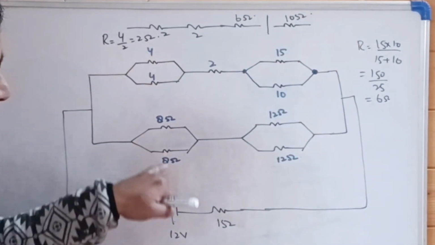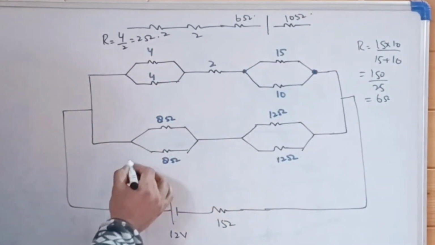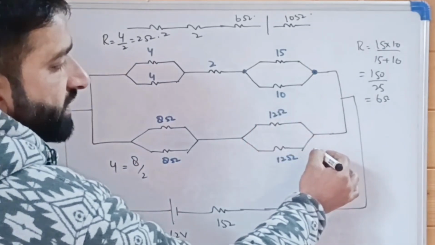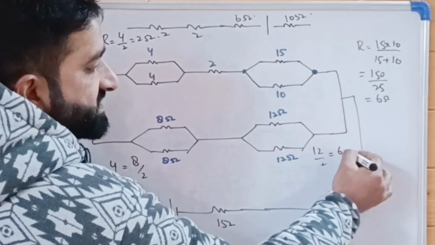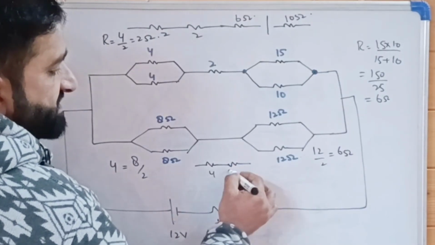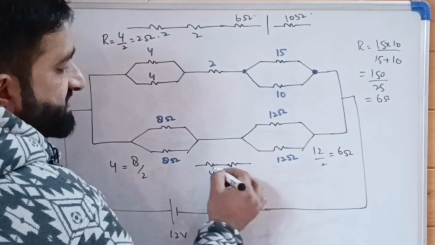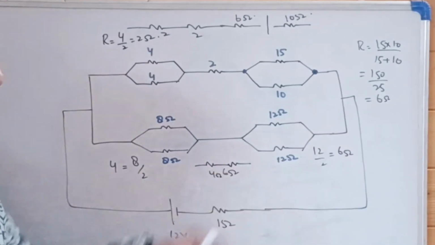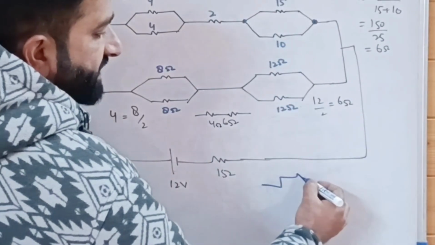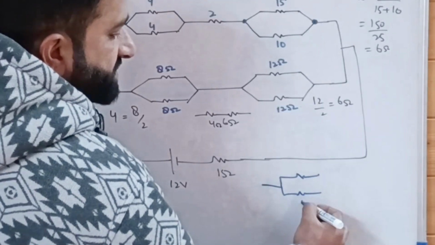Similarly, 8 and 8 ohm resistances in parallel give an equivalent resistance of 8 by 2, that is 4 ohm. 12 and 12, 12 divided by 2, that is 6 ohm. So we have 4 ohm and 6 ohm resistances in series. The equivalent resistance is equal to 10 ohm. So we have a 10 ohm upper branch and a 10 ohm lower branch,